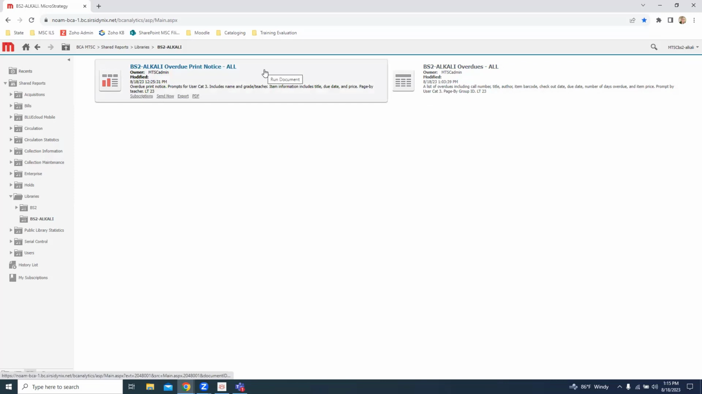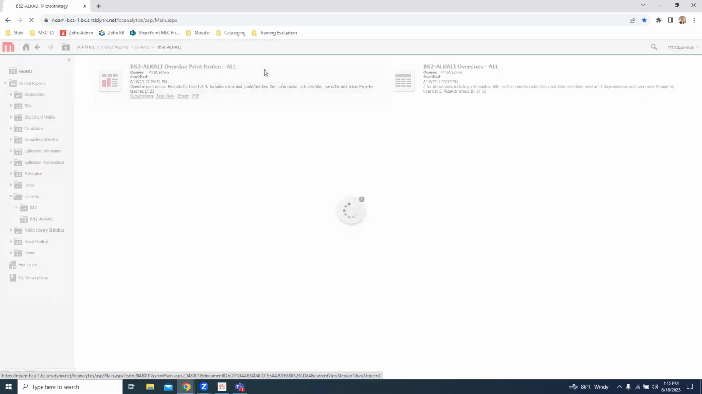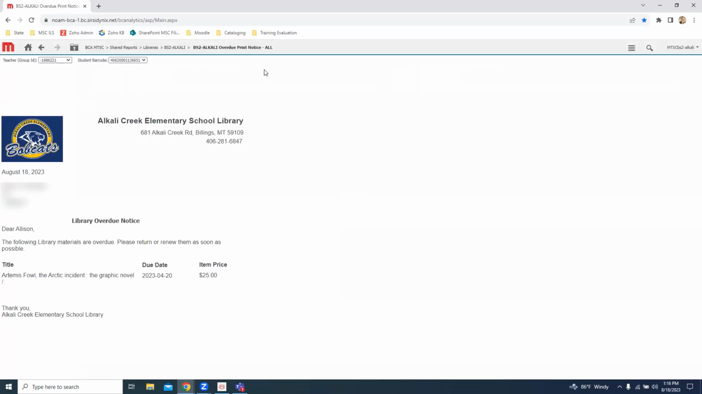So let's run this print notice. Okay, this is so cool. So Laura and Mel, two of the system administrators, have worked very hard on this. You'll see that your notices will have your library's logo on them, as well as your library's contact information at the top. And it will list your student, what is overdue, and encouragement to please return or renew them as